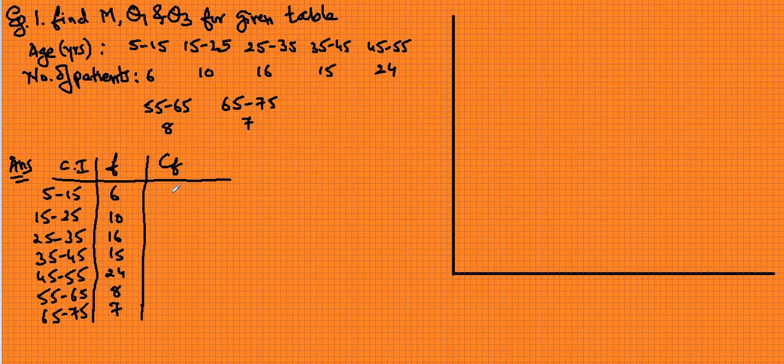Because we are required to find the cumulative frequency, first of all check whether it is continuous frequency or not. Yes, it is continuous, so we can go for cumulative frequency: 6, 16, 32,